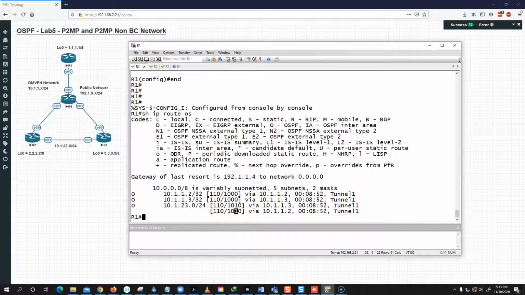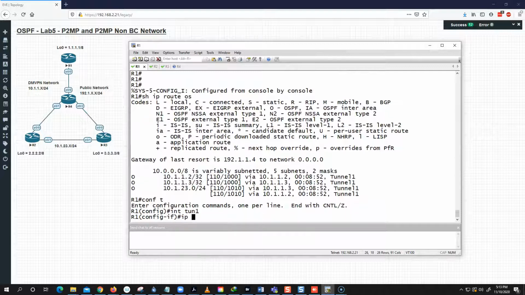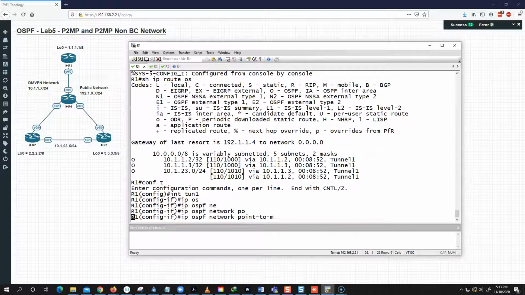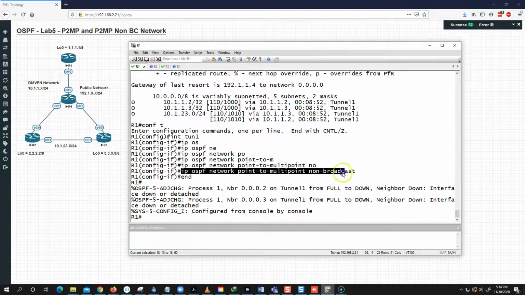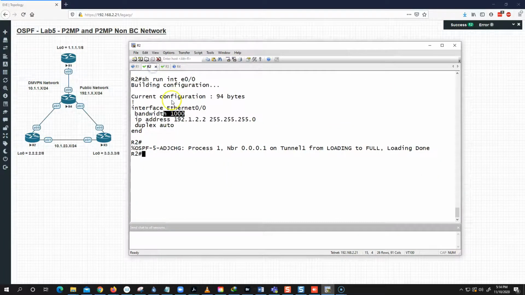Now to make it worthwhile, we need to set the IP OSPF network type to point to multipoint non-broadcast. And when we do non-broadcast, we also have to set up a neighbor command, and with the neighbor command we can also set up the cost, right? So on all the routers, we need to change the type. So interface channel 1, ip ospf network point-to-multipoint non-broadcast, and we have to do this on all the devices. So router 2,